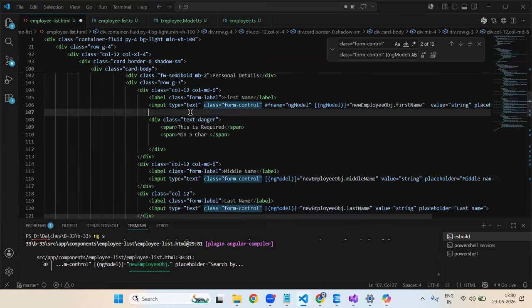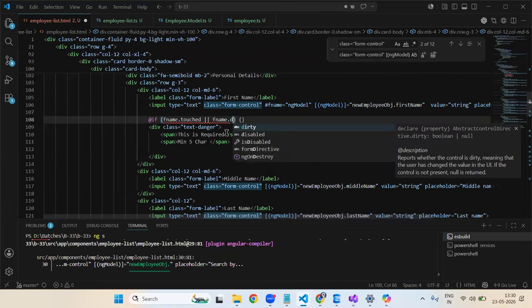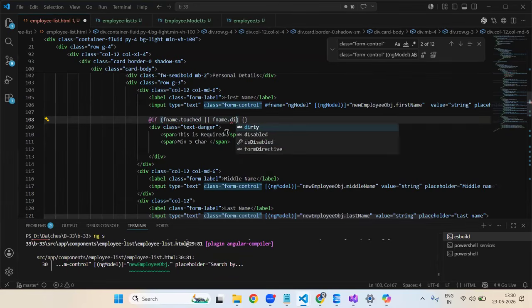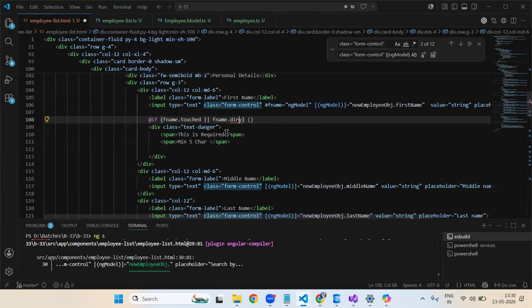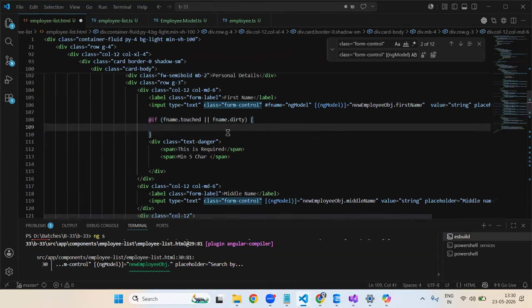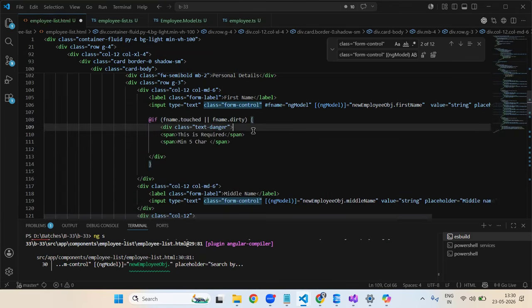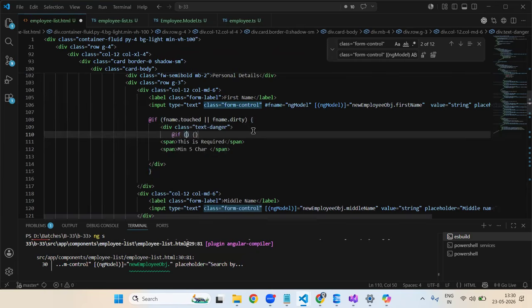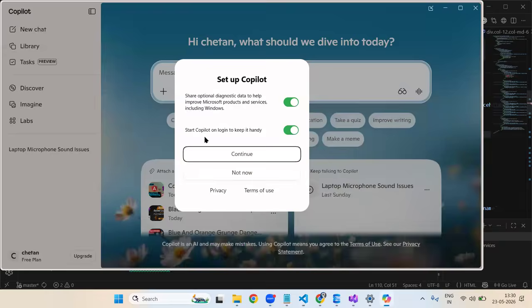2 checks will be there. At the rate if template reference dot touched or fname dot dirty. Then this whole div will be visible. Then over here, this span will be visible if fname dot